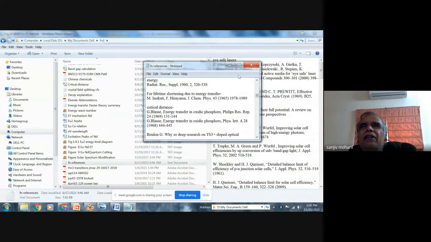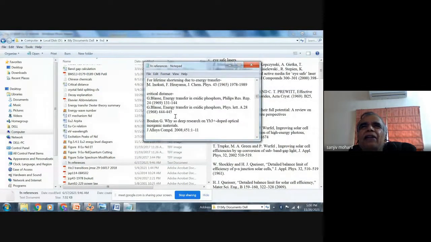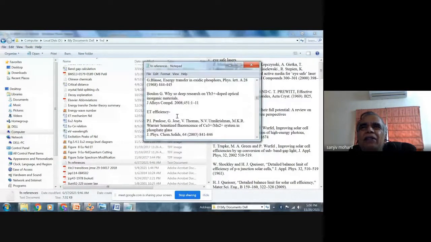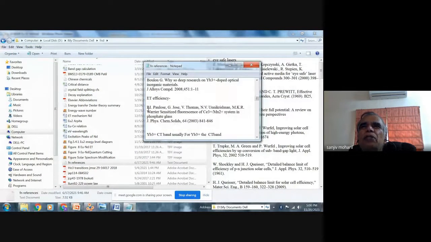From Paulose formulae, I can get the energy efficiency.